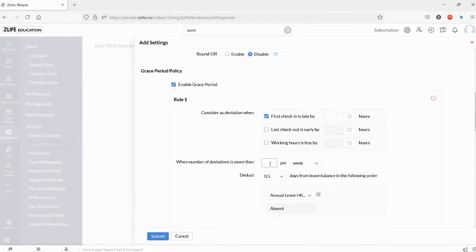Let's say, for example, I give a threshold of probably a soft limit of 3 per week, which means that if the employee checks in